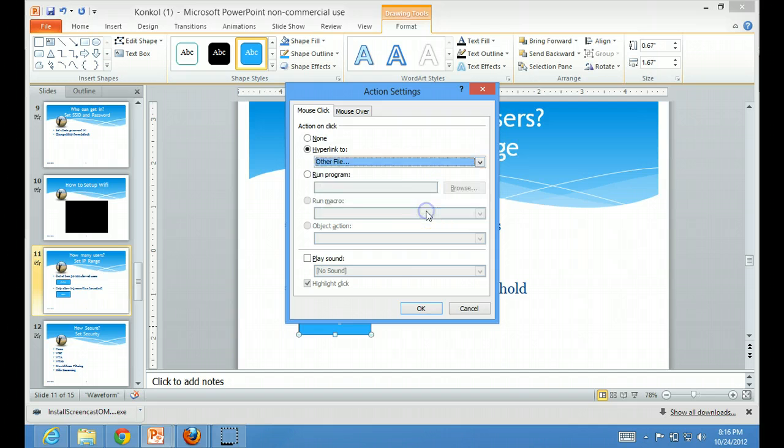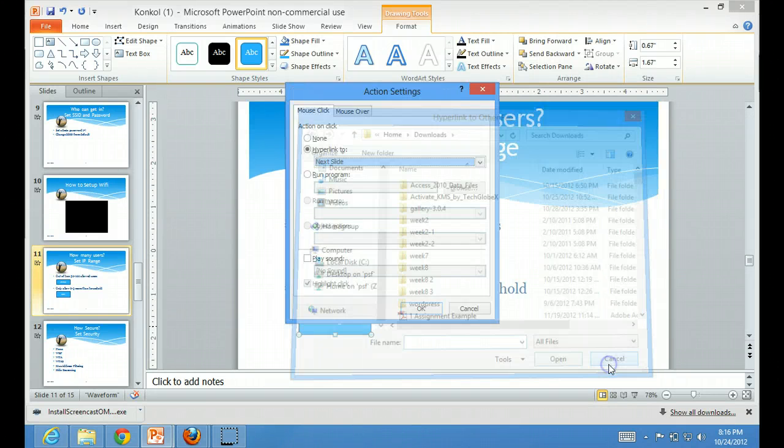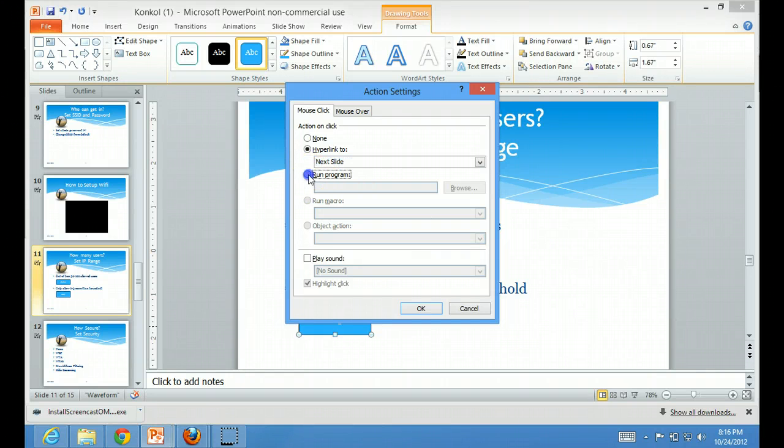or any other file type I have on my computer. Doesn't matter what file type it is, it'll open it up. If Windows will open it up, it will let me point to it. I can also run a program. The one we're going to use tonight is Calculator, which I already know the Windows name for that is just